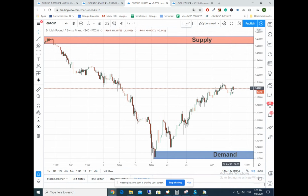So if we are looking for a sell position in the GBP Swiss, I'll definitely sell only if the price reaches this supply above, and if the price reaches this demand below, I will buy the GBP against the Swiss. And one more thing,